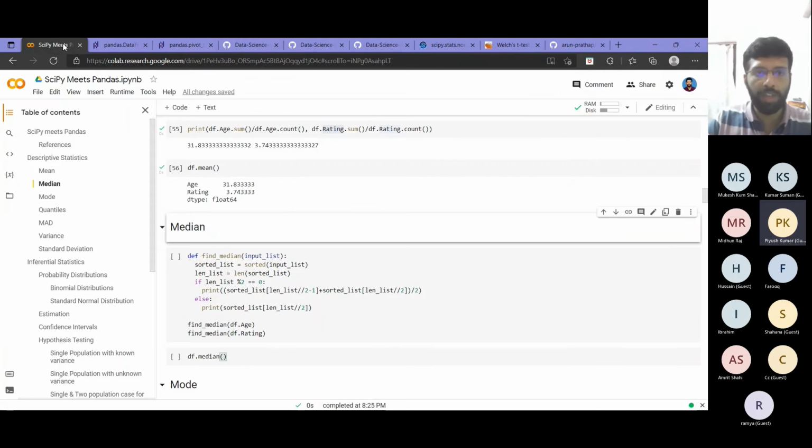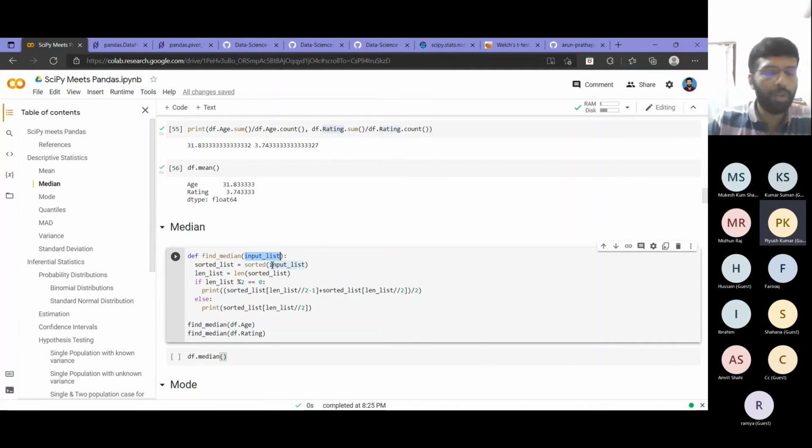So let's see how we can do this. I will write a Python function for it, and then I will see what the default function gives. I am showing how to implement it because if you want to find anything else instead of the median, you can use a similar approach. You will be given an input list. The first thing you have to do is sort it, because for the median the list has to be sorted in either ascending or descending direction, smallest to largest or largest to smallest. Only then will our data be properly formatted to find the median.